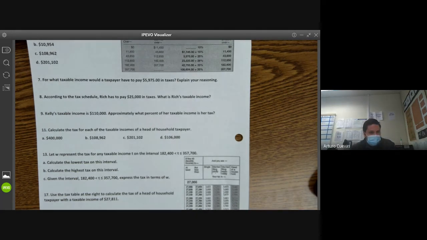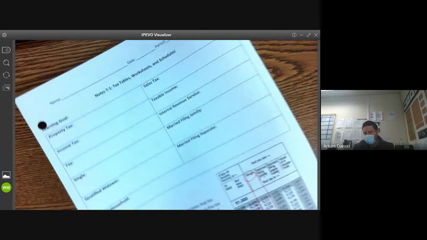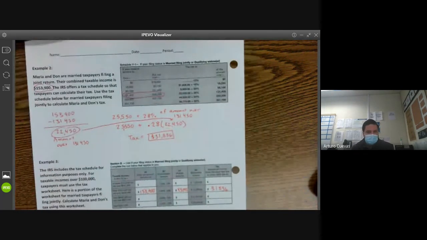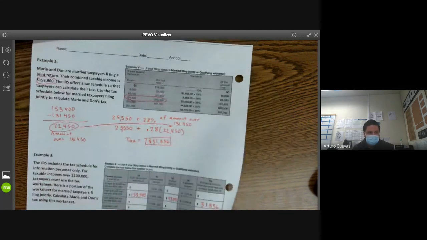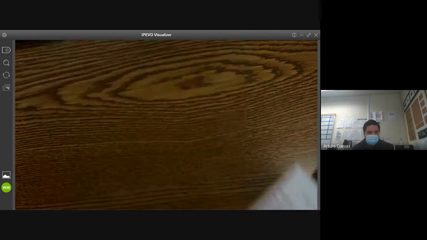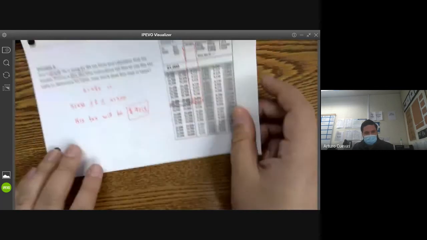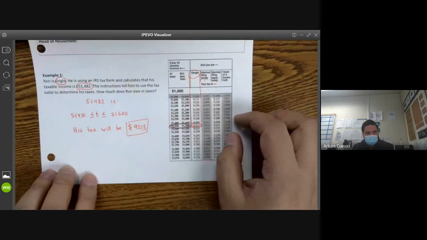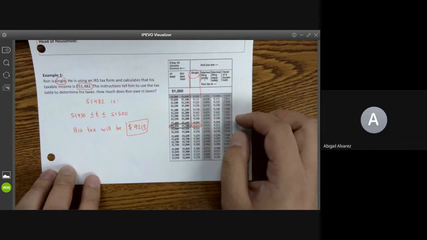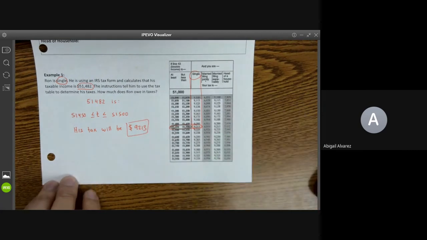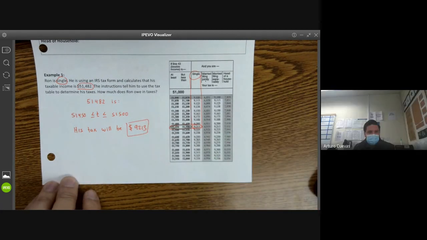Abby and Josue, you need the other side again? Sorry. If you're good, then you're free to go. What side do you need? The front side? This one? Yeah, no. Thank you. Yeah. And if you're good to go, you're allowed to log out, or you can stay logged in if you want to work on this as well. Okay.